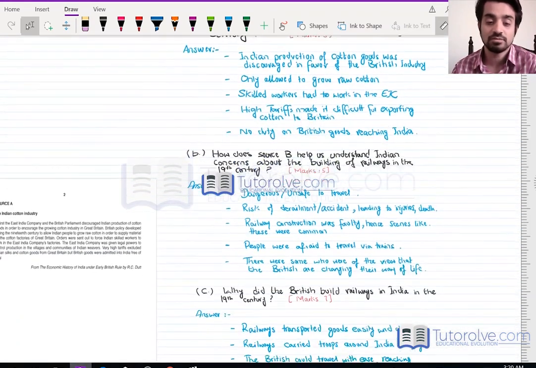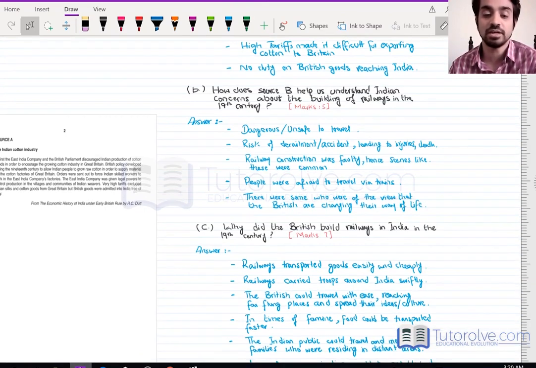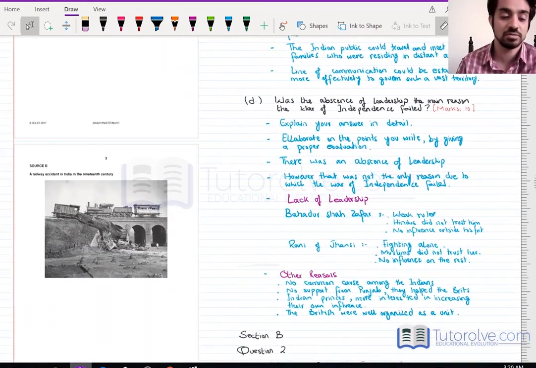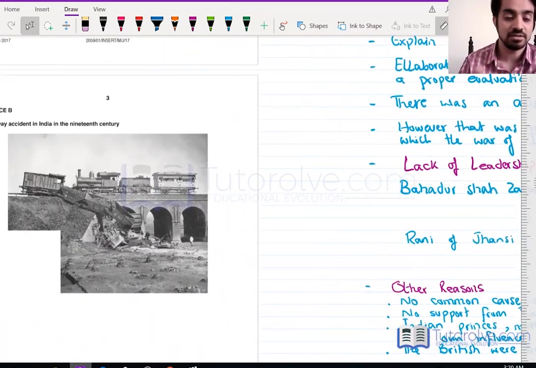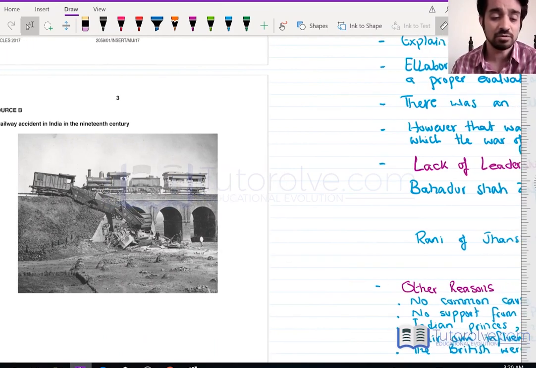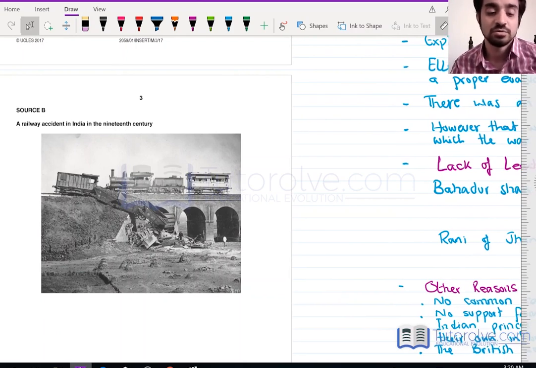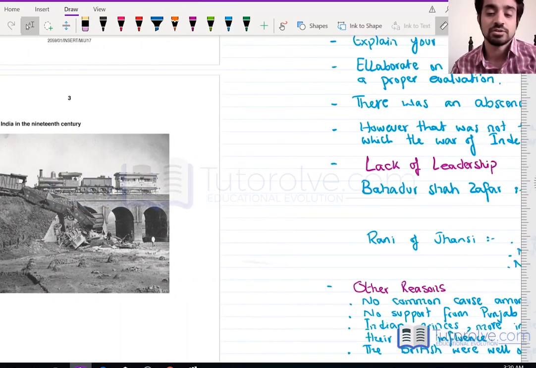Question 1, section B. How does source B help us understand Indian concerns about the building of railways in the 19th century? Now, you can see in the picture that there is a massive accident that has happened, and probably a transportation train has derailed due to poor construction. Now, the question asks